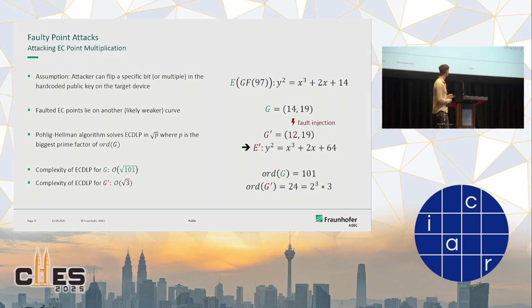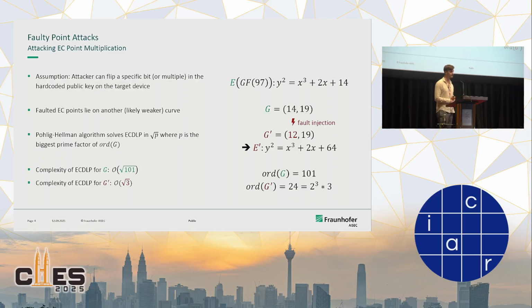And we can see in our small example here, for the original point G, we've got an order of 101, which is already prime, so that just stays as it is for the complexity. And as for our faulted point G prime, we only have an order of 24, and the complexity gets even much more reduced since we can factorize that. So we have a total complexity of square root of 3,